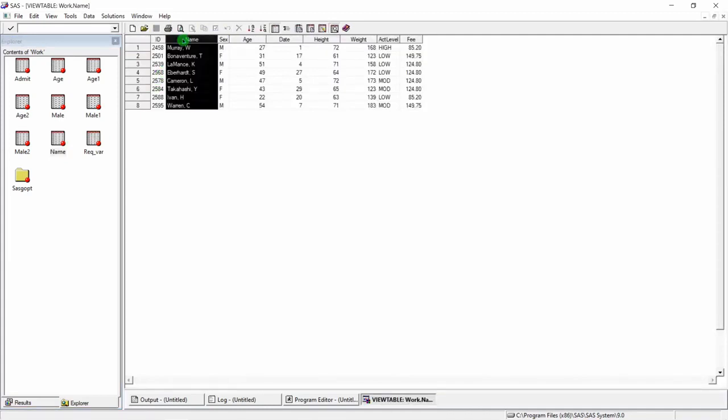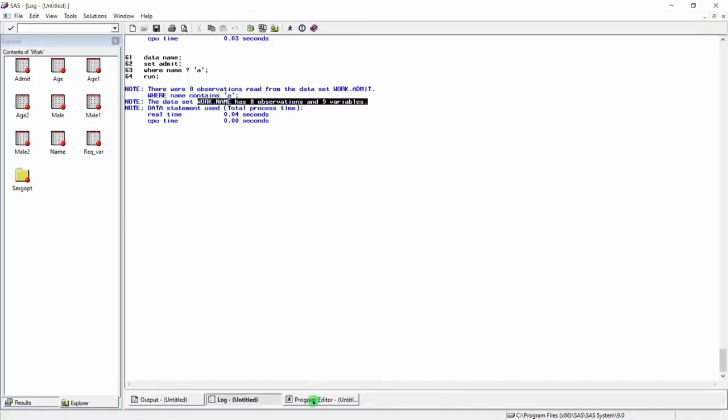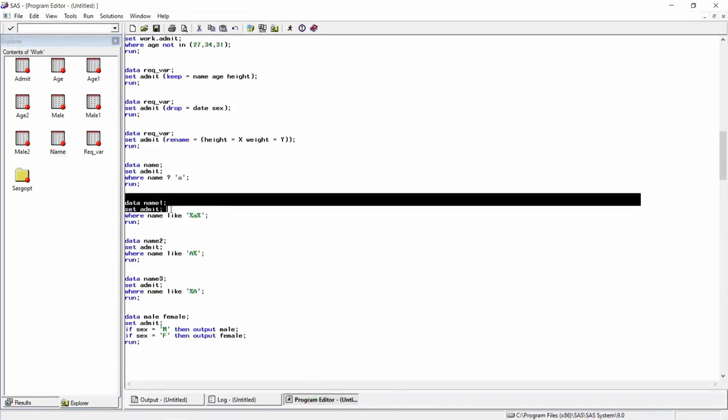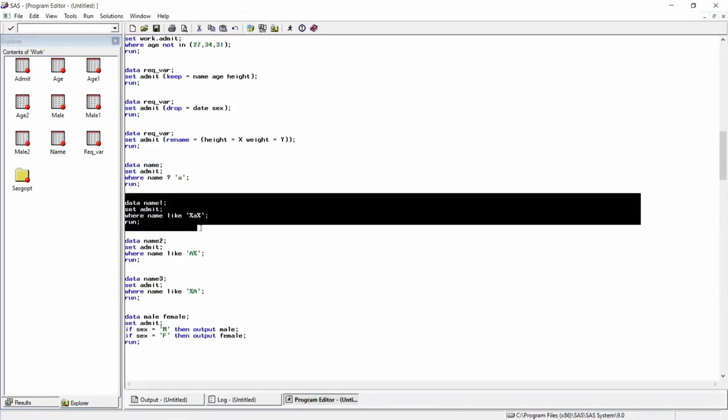All these people contain small a in their name. Alright, so I was telling you that there are multiple ways to do a similar thing. Another way to retrieve the same data is to use this command. I'll read this: data name1; set admit; where name like '%a%'; run;